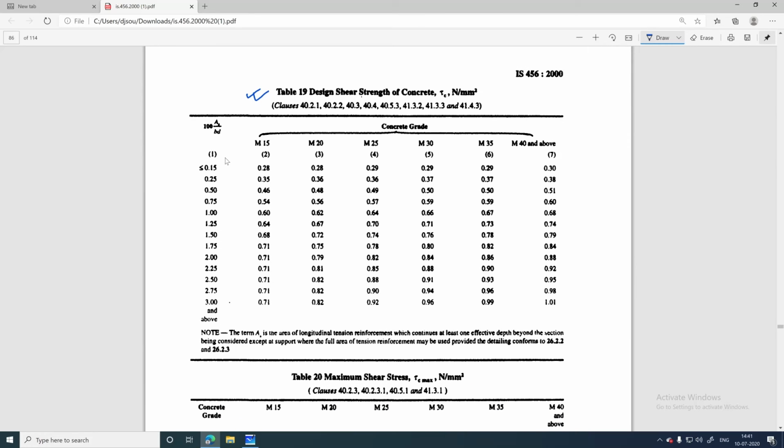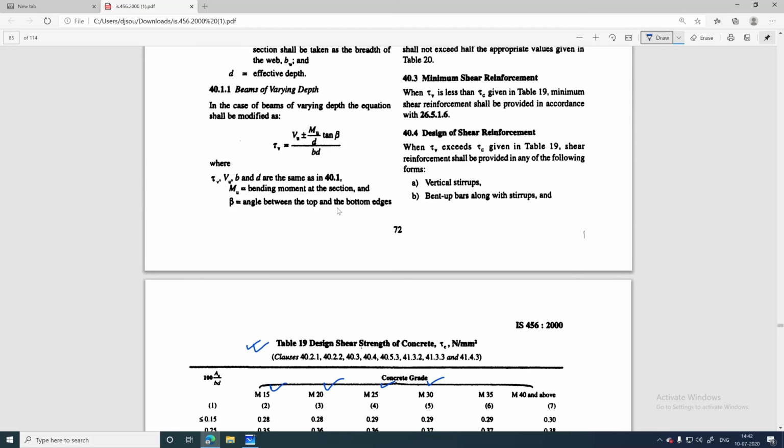Here you can see, depending on the percentage of steel value pt, this is Ast by bd, that is pt, percent of steel value, for different grades of concrete, for M15, M20, M25 and M30, the value of tau c is given, in Newton per millimeter square. So these are the values of tau c. So suppose the percentage of steel is 0.50 and the grade is M20, so the tau c value will be 0.48. Okay, so in this way we can determine the value of tau c. Now,